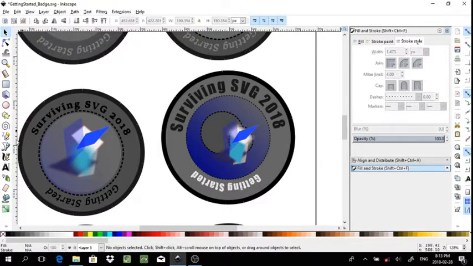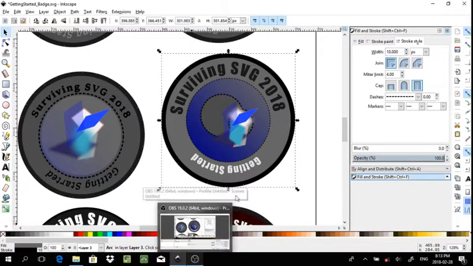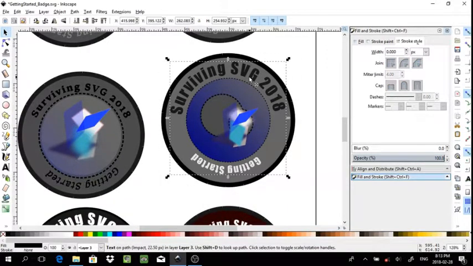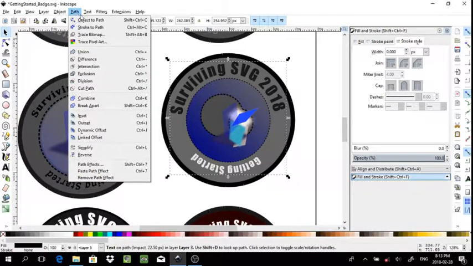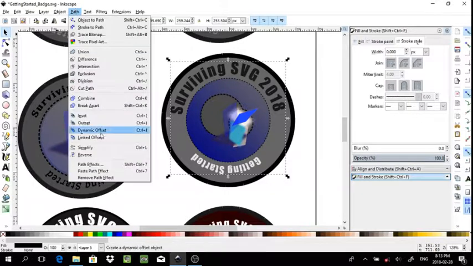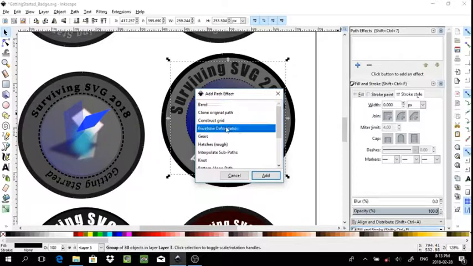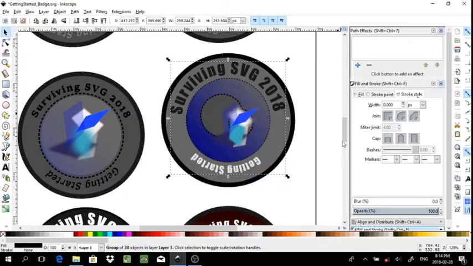In this case, I have a different font, different stroke color, but other than that, I used all the techniques I showed you up to this point. One additional note, if you wanted to create a special effect for your text, you could alternate this to create a path from your text object and apply a path effect to have it deform